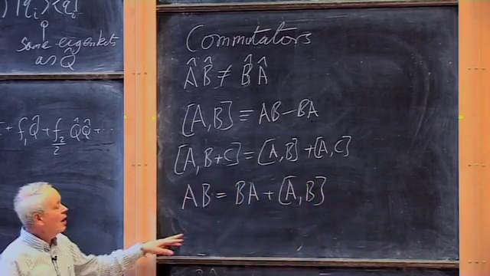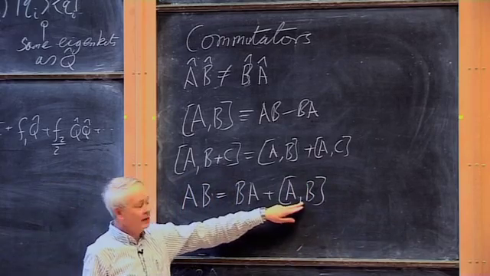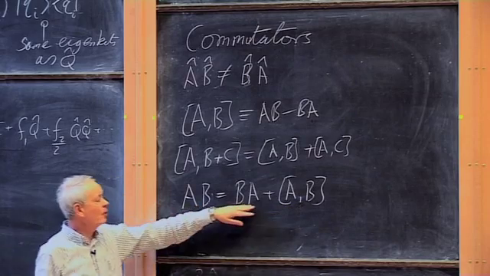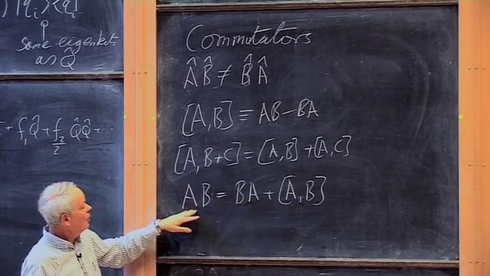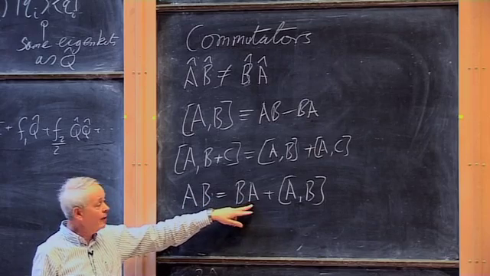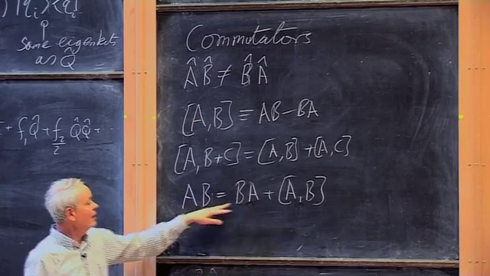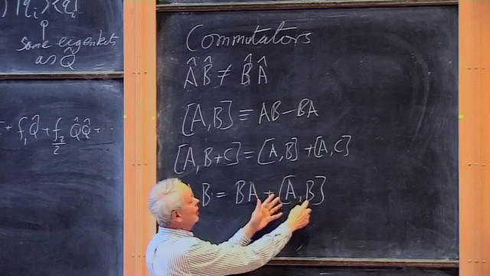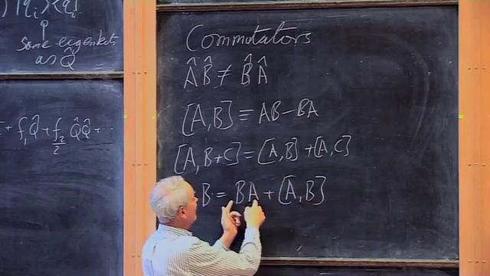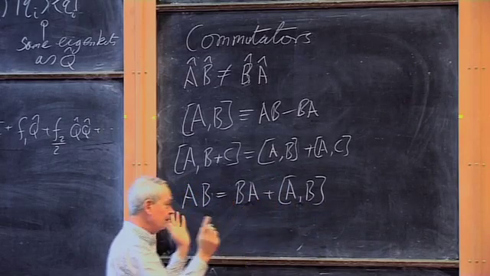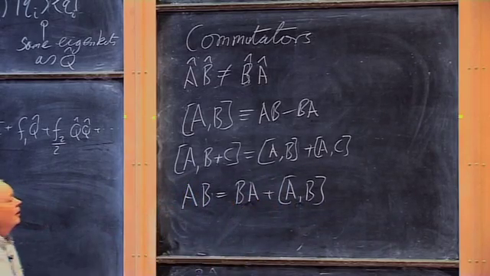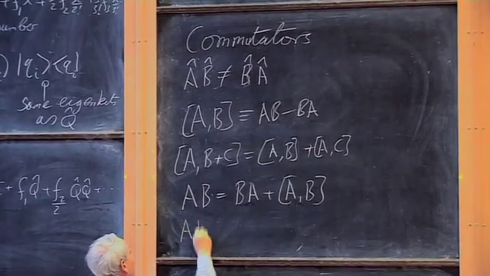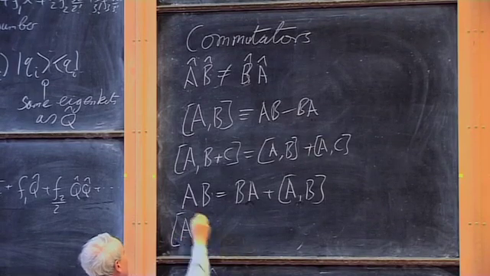One of the reasons why we need to know the value of a commutator, as you will see, is because we often want to swap the order in which operators occur, and the way to do it is to write that AB is BA plus this commutator, which is obviously true. The way I think of it is this adds in the thing that I should have had and takes away the thing that I've put in that I'm not entitled to have. But it's obvious, right? And now, finally, a less obvious result, which is that the product AB, commuted with C,